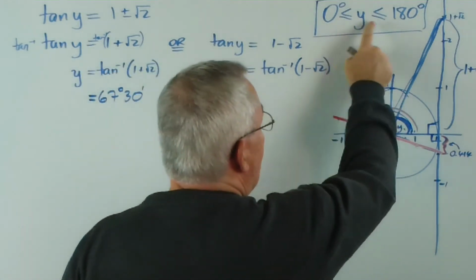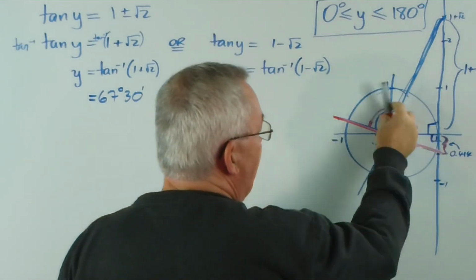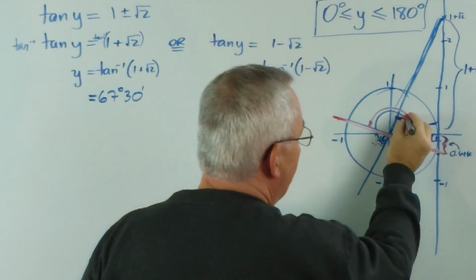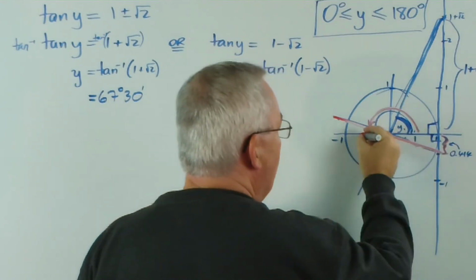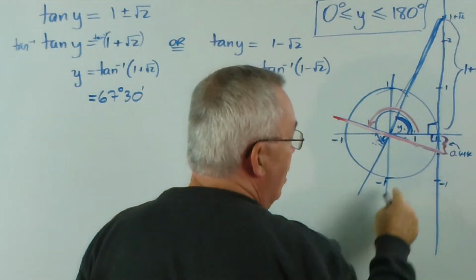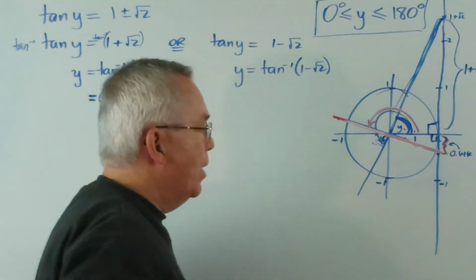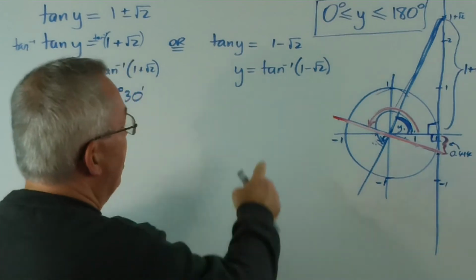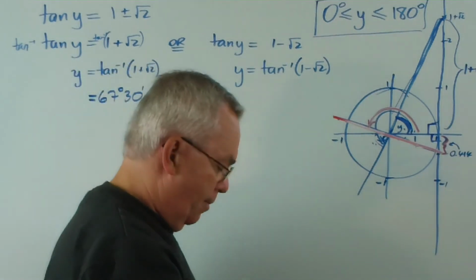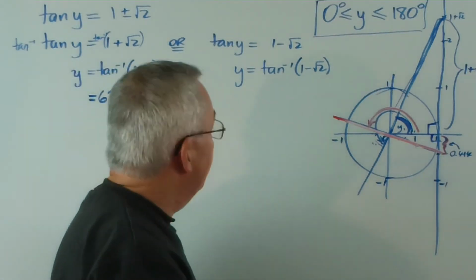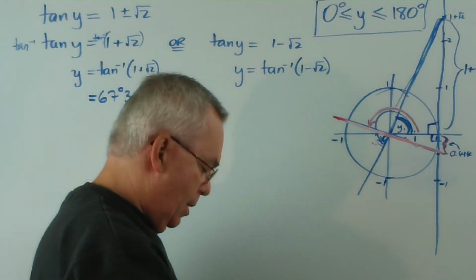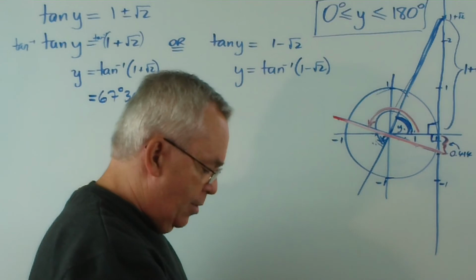The only one that's going to be between 0 and 180 degrees, however, is not this end, but this end. It's this angle, just before we get to the 180 degree mark. And I think you can see this looks like a small angle, about 25 degrees or something like that. Let's check it out. Inverse tan, so shift tan, 1 minus root 2 gives me,